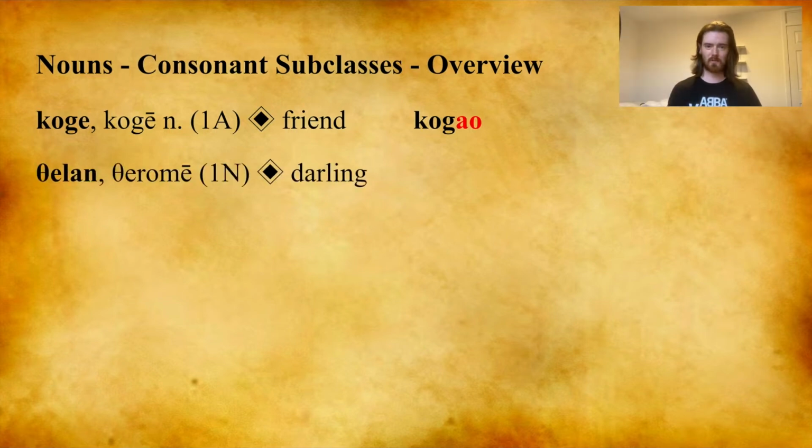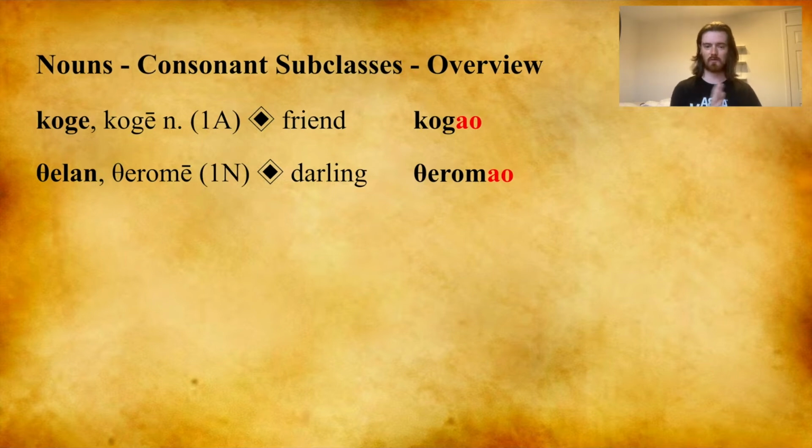You might then expect, when presented with the first declension noun thelan, which has the nominative plural therome, and therefore the stem therom, that you would create the genitive singular in the same way. You just add ao onto therom. However, if you look at the brackets in the citation form for thelan therome, you'll notice that the 1, which